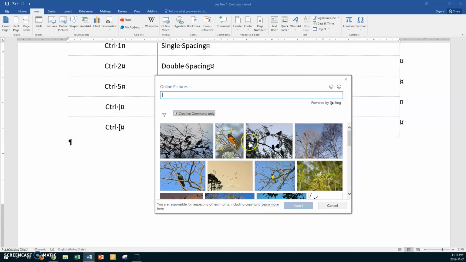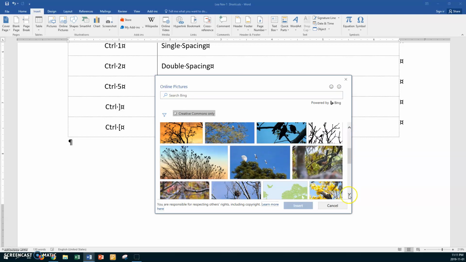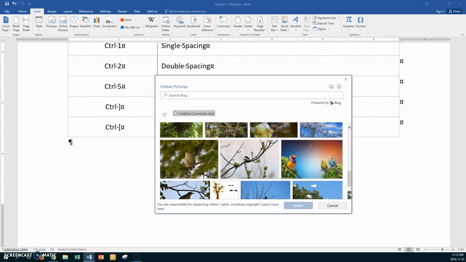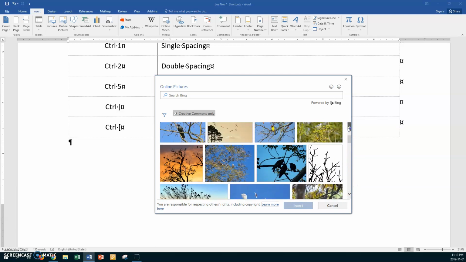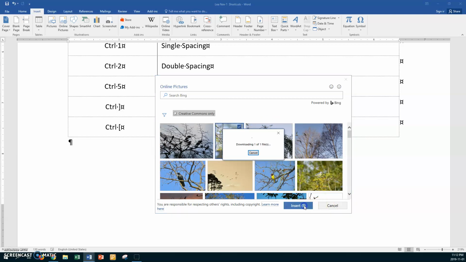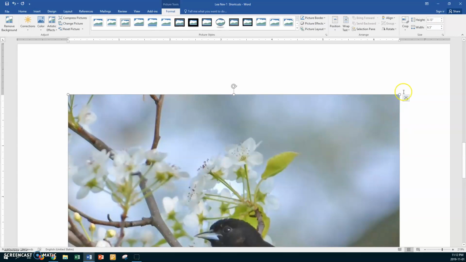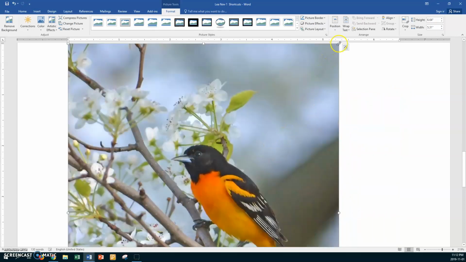Now, oh, I like this Oriole. Let's see what else there is. Well, that's getting pretty close to the picture I had. I don't think it's the exact same one, but it's okay. All right, I think that the Oriole looks better. I'm going to take the Oriole this time. So I'm going to choose the Oriole, Insert,